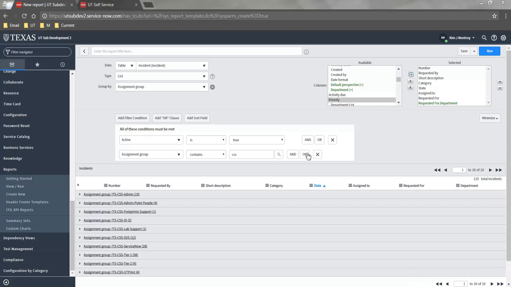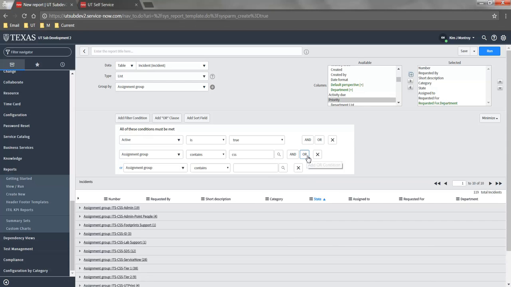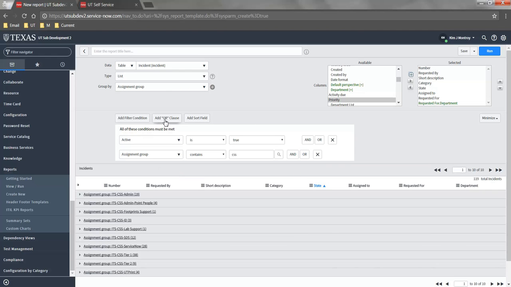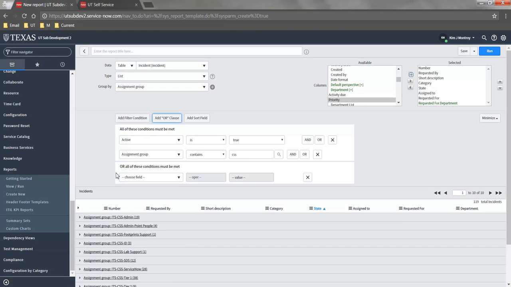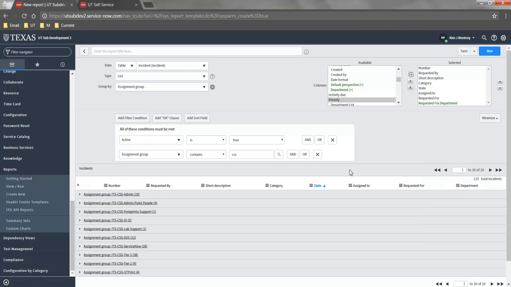If I select the one at the end of the existing filter, it will add the OR clause within the same logical statement. If I select the OR clause from the top, it's going to create a new statement. So everything that's grouped together within the same colored box will be considered a single condition that the filter is running on. Once you have the report where you want it, you can save it by entering a title